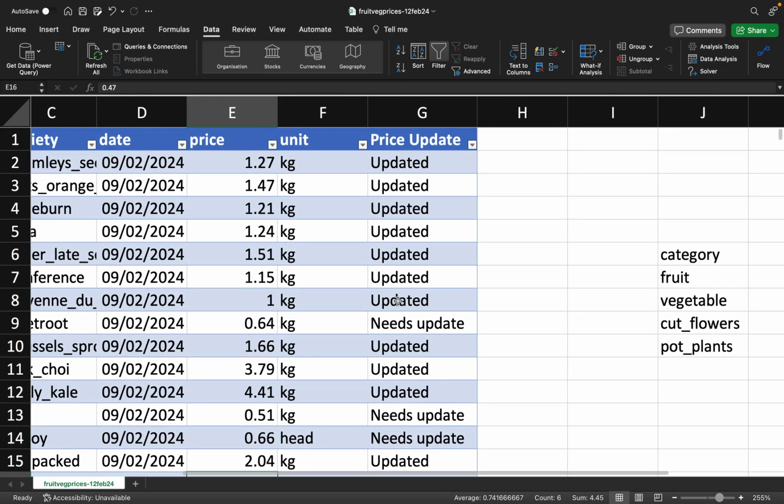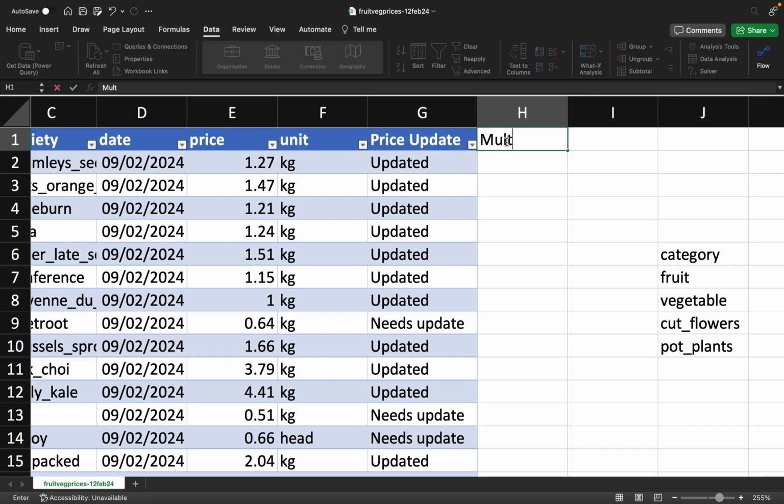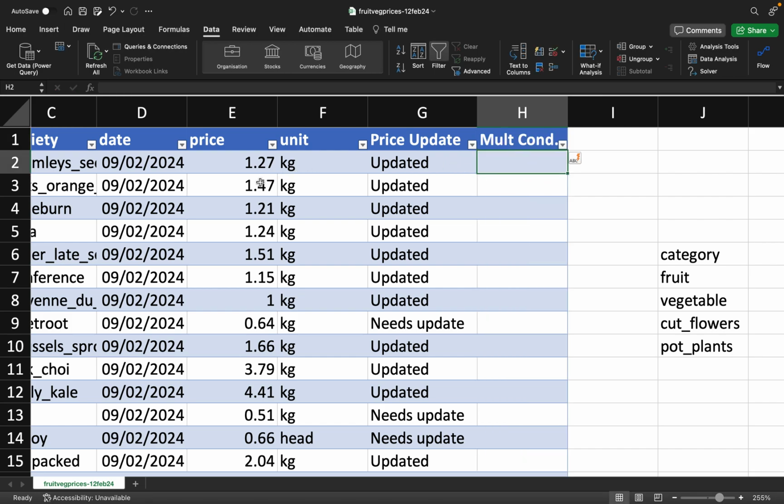So what if I wanted to now check for more than one condition? What if I wanted to check for maybe 2-3 conditions, and true or false is not going to do the trick? I'm just going to say multi-con, or multiple condition. So to do this now, I'm going to say if this is less than 1 and it is kg, then do something. If it is not, then do something else. So what this means is I'm going to say equal to if